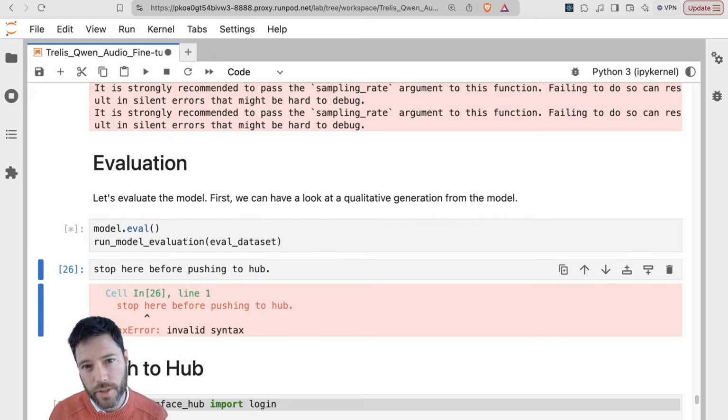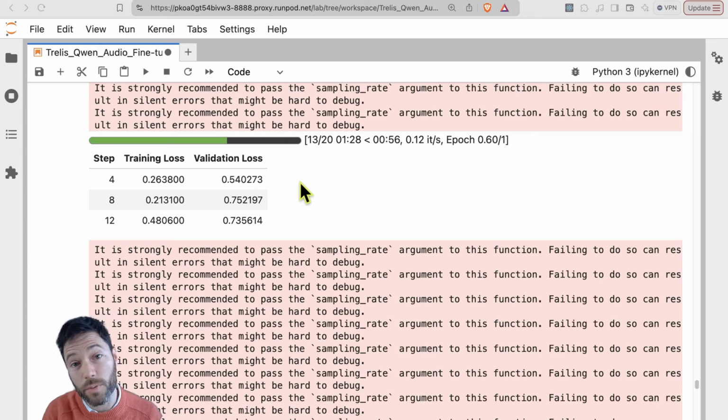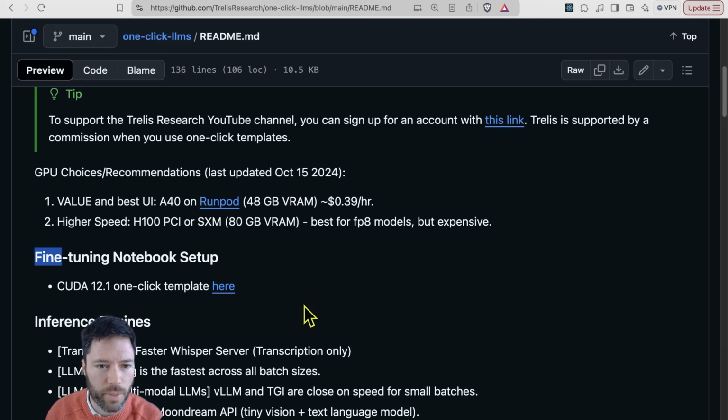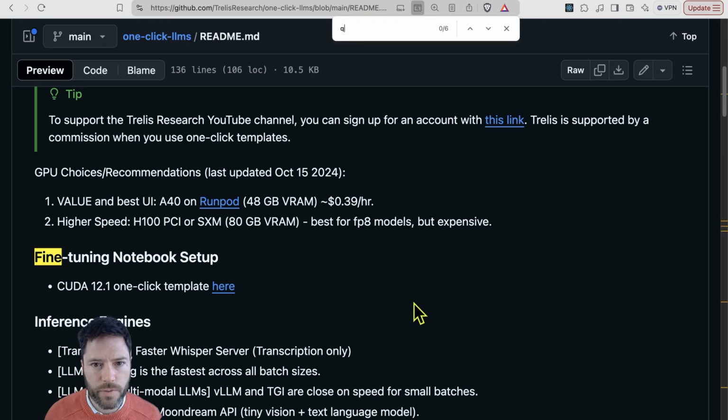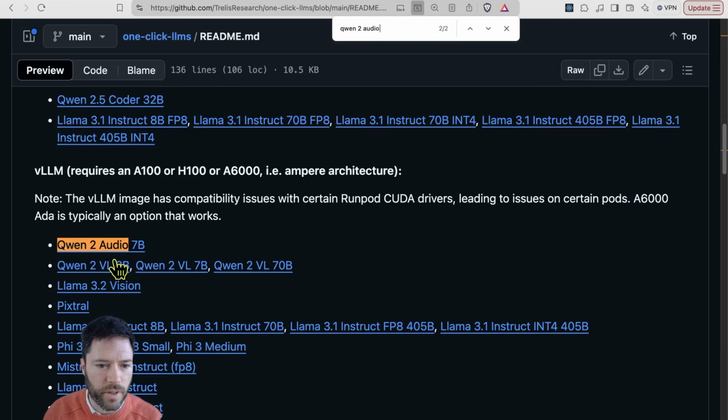But in the meantime, let's take a look at how we can inference these models using VLLM. Whether you want to run your fine-tuned model or the base model, which you can do very quickly, you can do so by going to the one-click LLMs repo. This is the public repo, Trellis Research, and search for Qwen2 Audio, and you should be able to find this template here. And if you Command or Control click on that, it's going to open up a window where